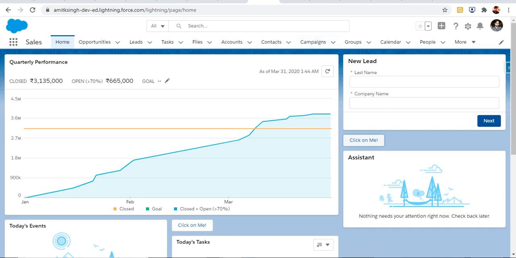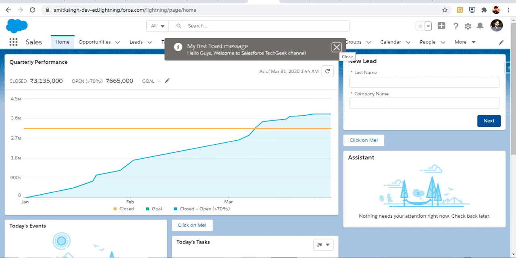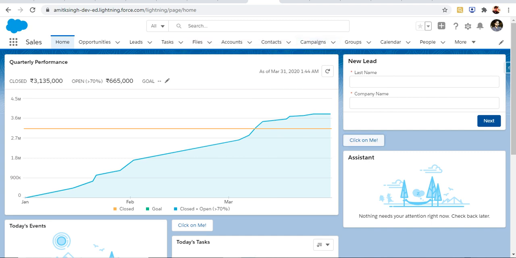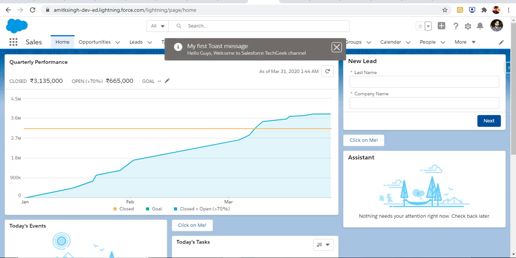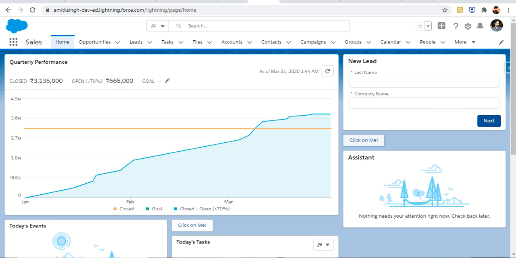So you can see that if I click on the cross icon, the toast message will automatically disappear. And if I don't want to click on the cross icon and want to see that the toast message disappears after the specified duration ends, then just click on the button and leave it. After 8 seconds this message will automatically go away from the screen. So you can check that the message disappeared. So guys, we have achieved what we have planned for today's video.